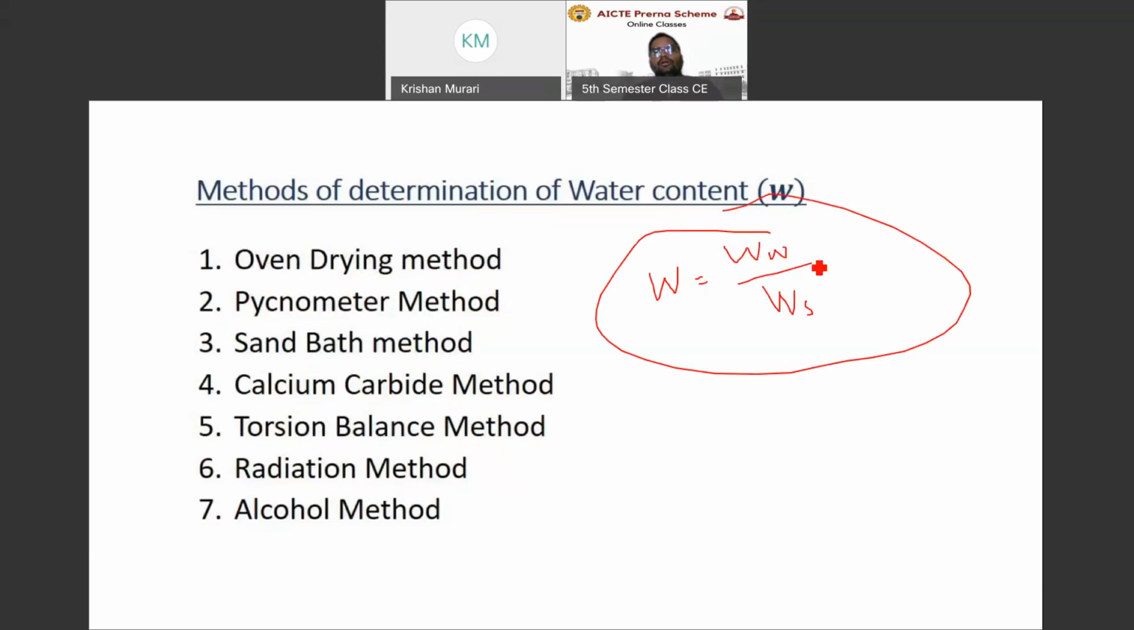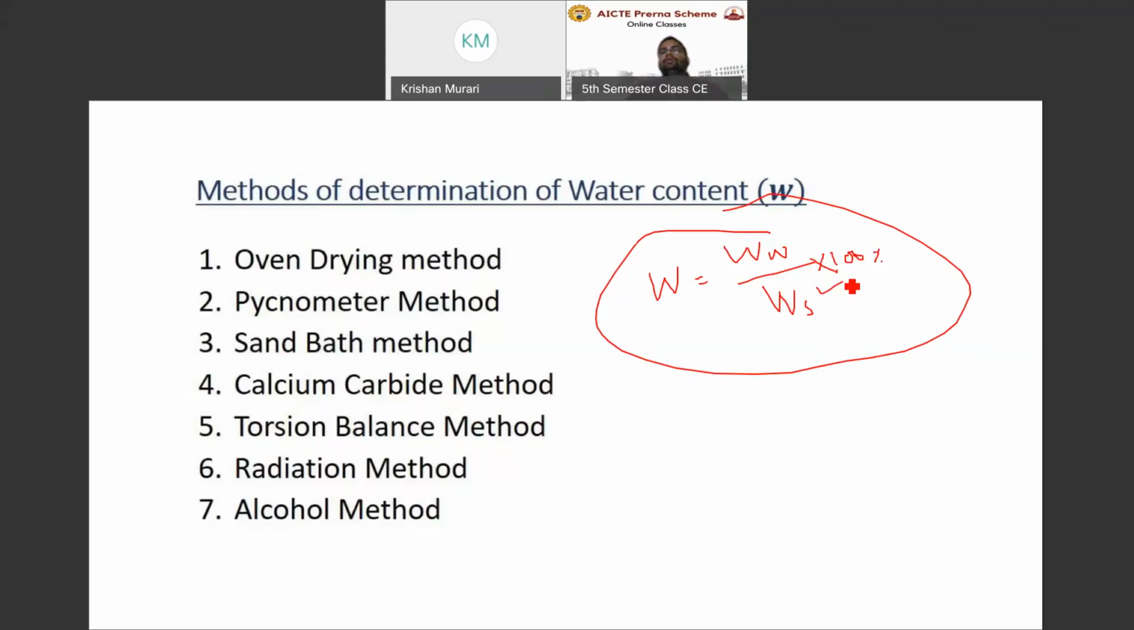That is the formula of water content. If you want it in percentage, you can multiply by 100, and that value is given to you as a percentage. These are some methods; some are field methods, some are laboratory methods that are used in finding the